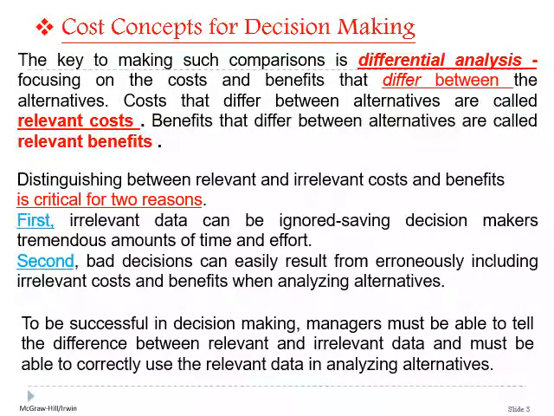Okay, يبقى بنتكلم على او بنهتم بالتكاليف الملائمة. relevant cost معناها التكاليف الملائمة، و relevant benefits اللي هي المنافع الملائمة. طب ايه هي relevant cost؟ these costs that differ between the alternatives. وال relevant benefits برضو هي these benefits that differ between the alternatives. Okay,